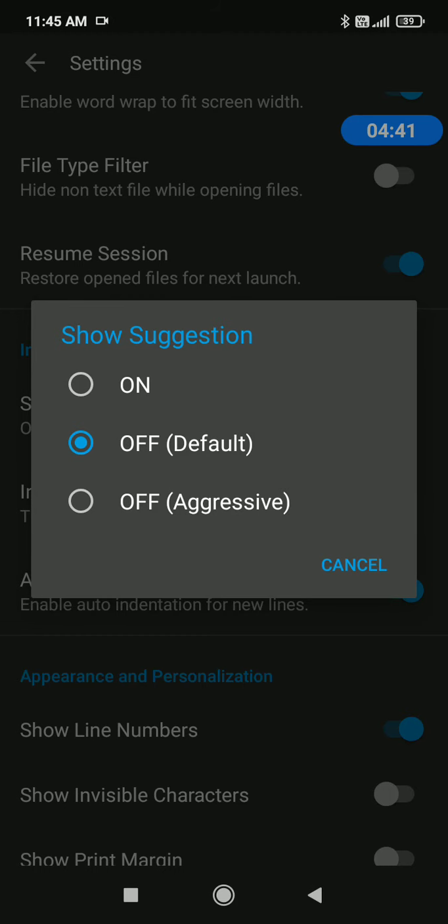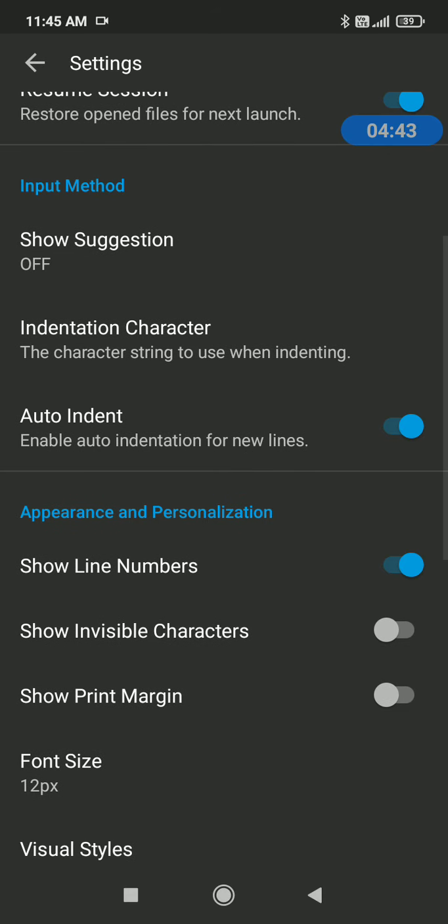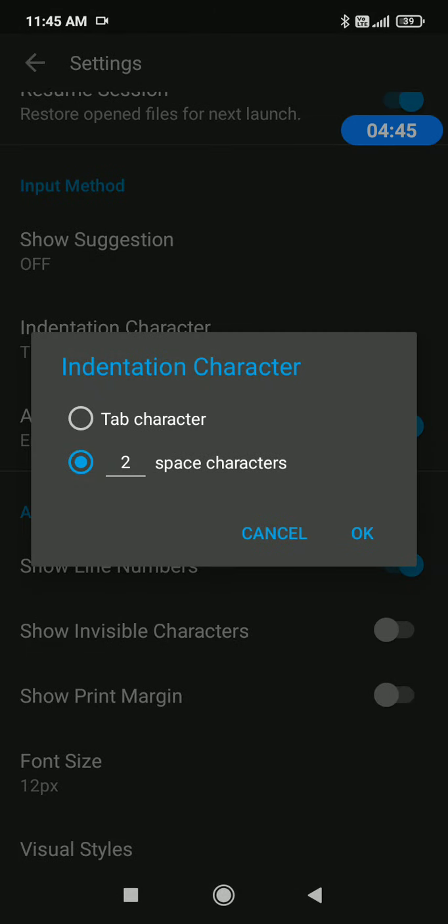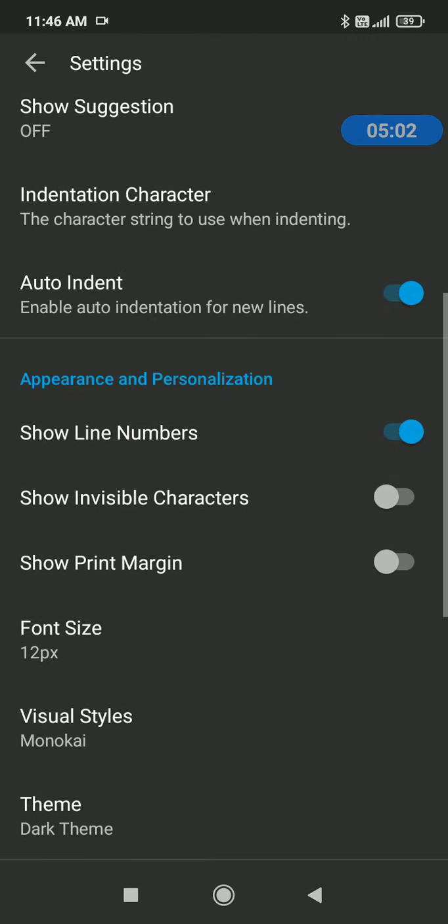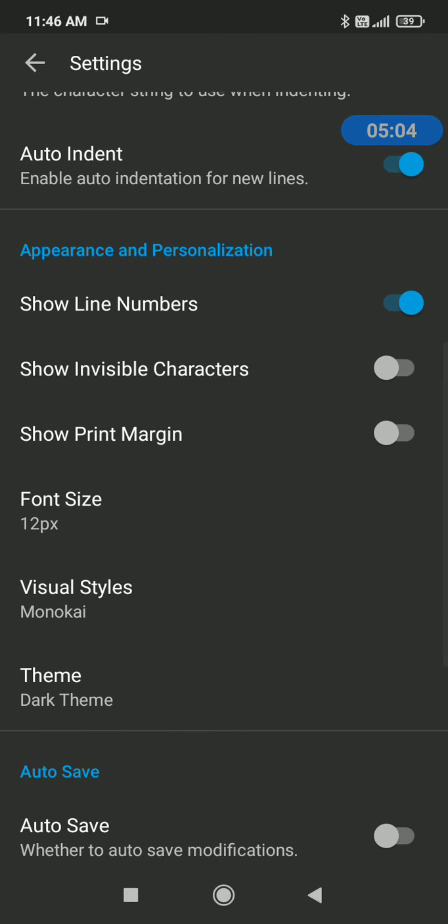Suggestions should be off, and I have turned on auto indentation. I have set the indentation character to be tab and two space characters. It means that when code editor adds space, it will add two spaces, and that will look very good. Show line numbers is on, and I have turned off show invisible characters.